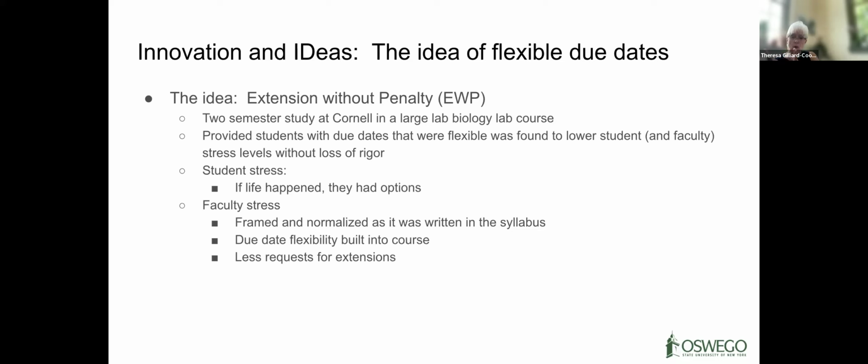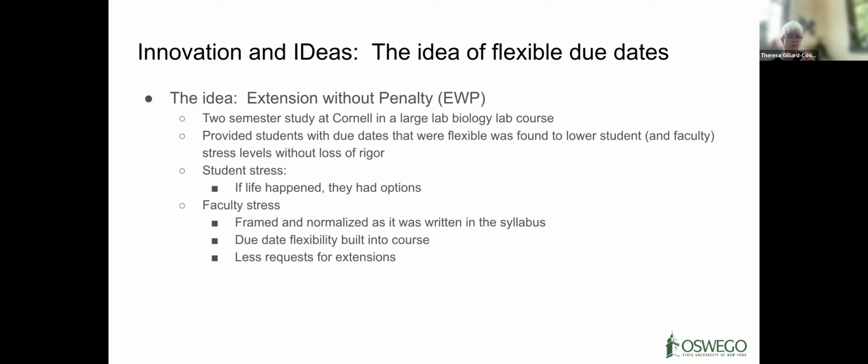This study was done at Cornell with a couple of large introduction to biology labs that have large enrollment. The maximum enrollment in these courses is 432 students each semester, and these are students at all levels: freshman, sophomore, junior, senior. In the fall of 2022 and in the spring of 2023, the authors